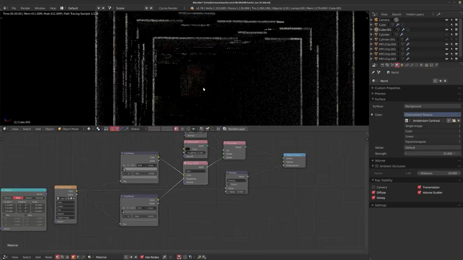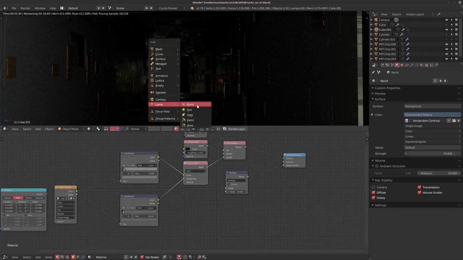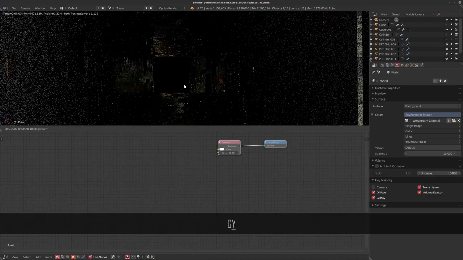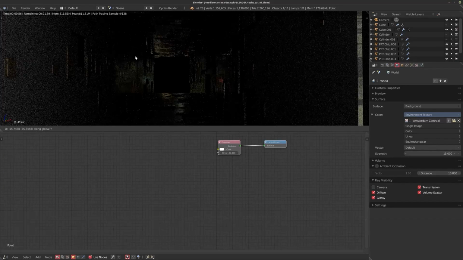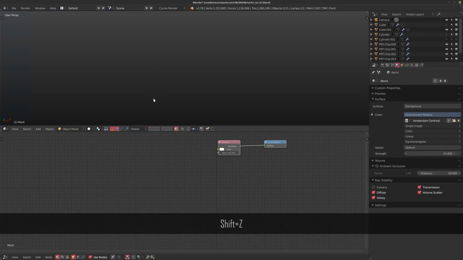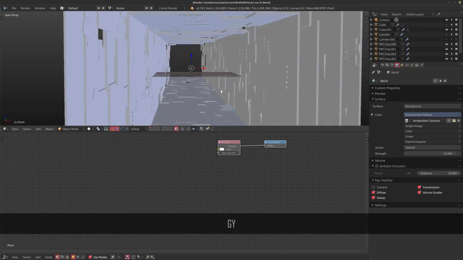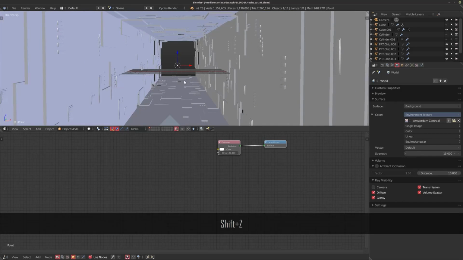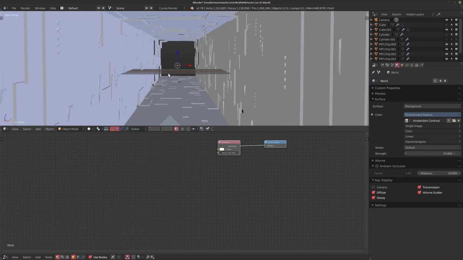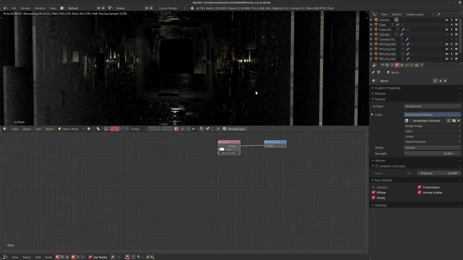Because if we go look in here now, I'm just going to create a very simple light and see if that will do anything. Move it back. No, doesn't seem to be working with me. Where is it? There we go. It should be in the middle now. Let's see if that does anything. It might not, but there we go. So this is what I was trying to explain.